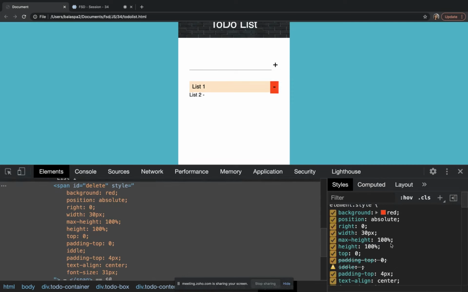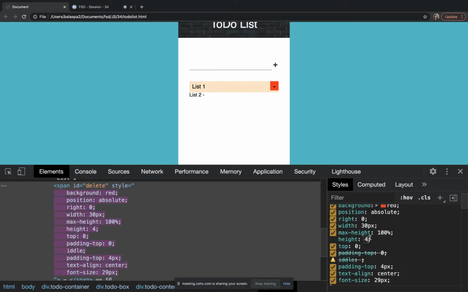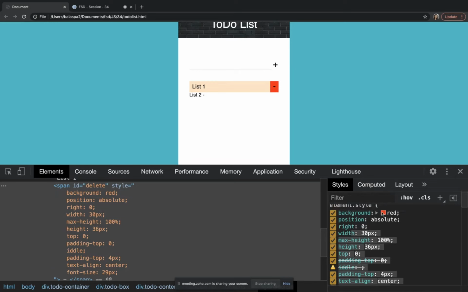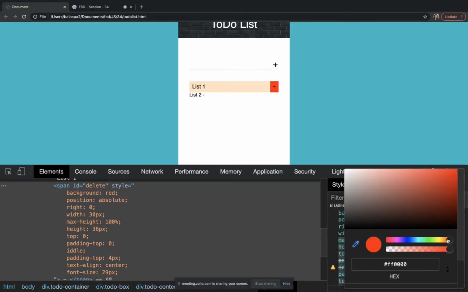Some margin is there. Don't know why it is coming. So let me add a height itself. 40 pixel. Okay. For now, we'll keep this style. Instead of red, we can add some other color. Yes, this looks better.